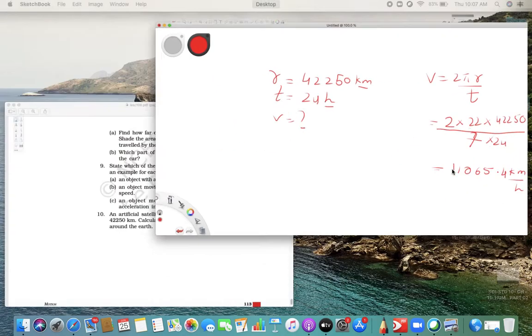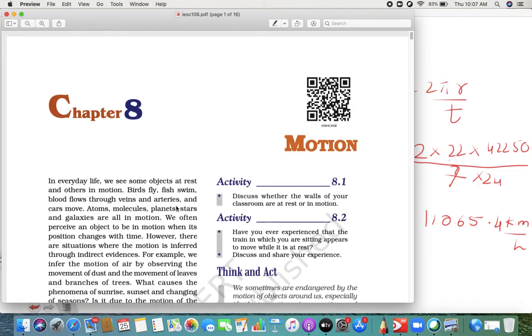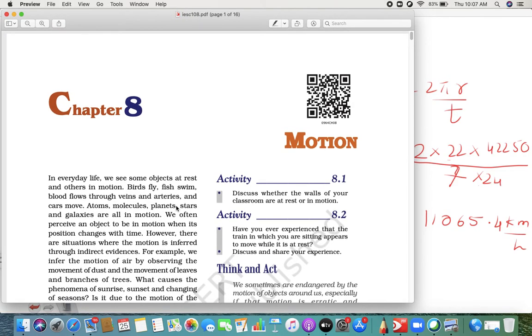With this we have completed our chapter Motion. Okay, still if you are not getting any word problem or anything, you can feel free to ask me. From tomorrow we are going to start with the next chapter of chemistry, the second one. Or else we'll take one biology chapter, that's a better one, the environment chapter at the end. So we'll take the chapter from the environment section rather than chemistry.